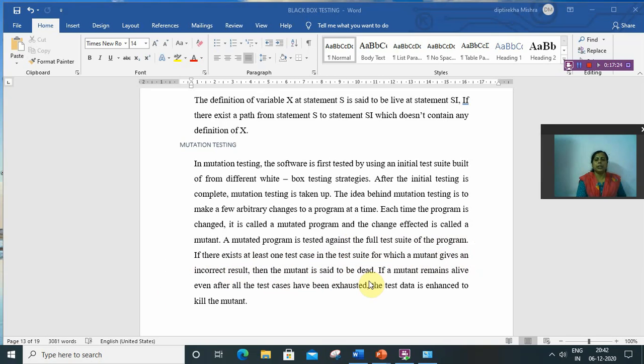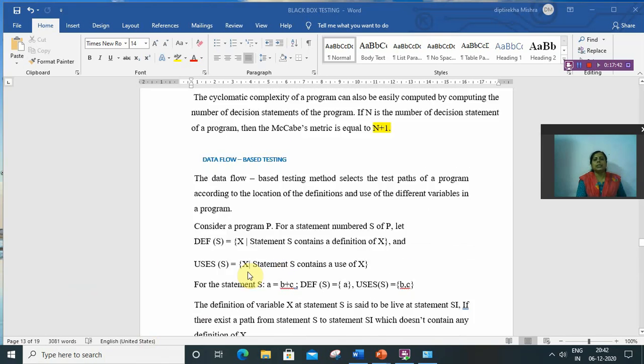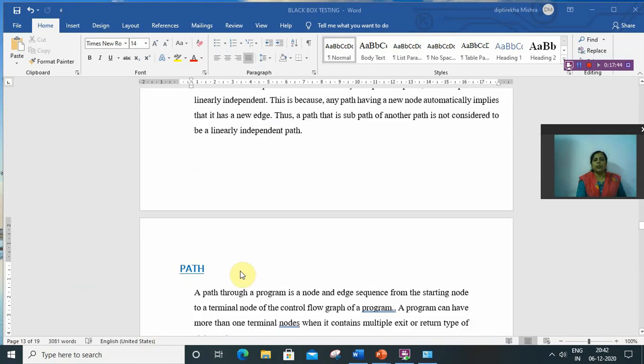If the error is found, the test suite is good, and if not found, the mutant is alive and they have to enhance or change the test cases. So this is all about the testing strategies of white box.